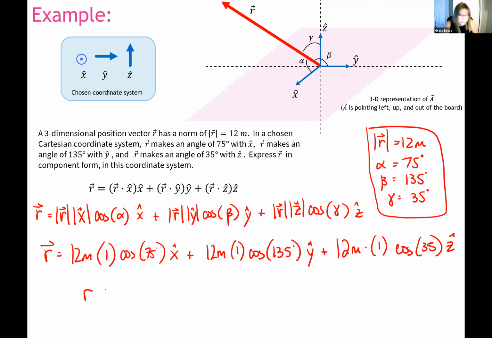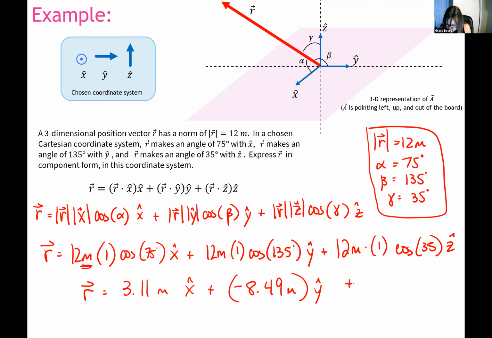So with one more step, I'm going to actually plug in some numbers into my calculator. 12 times the cosine of 75 degrees is 3.11. And again, the units there are meters. Don't lose your units. All of that times x hat, plus 12 times the cosine of 135 degrees is negative 8.49, again, meters, times y hat,